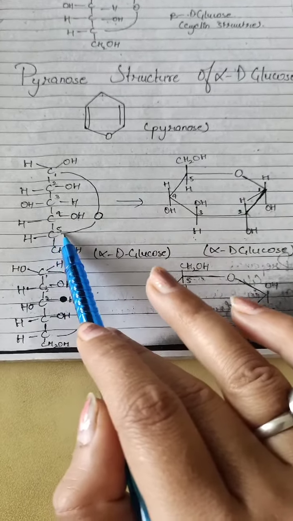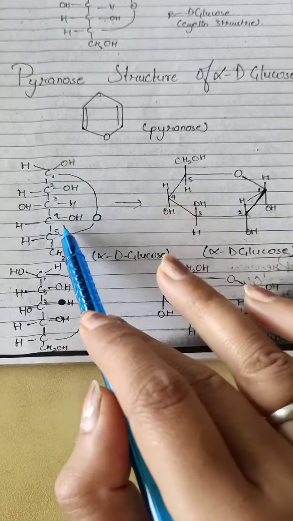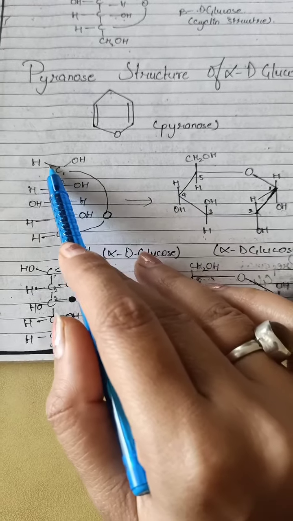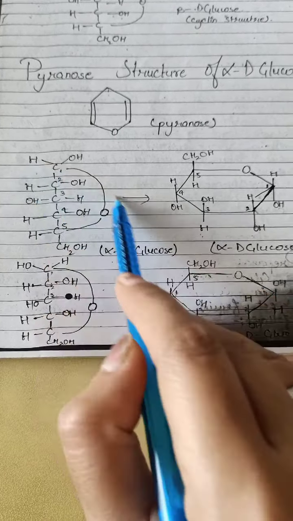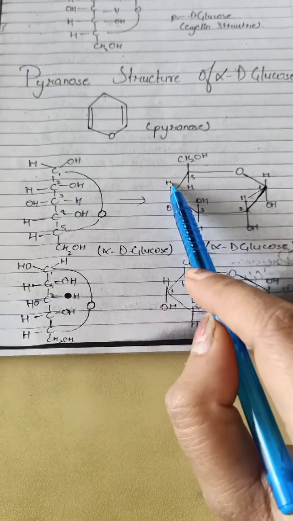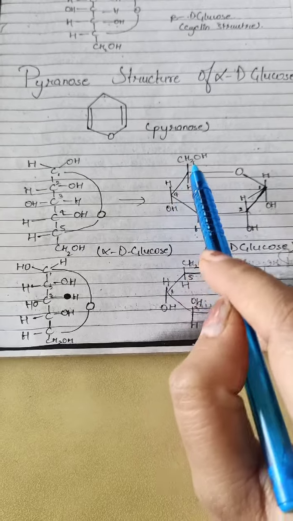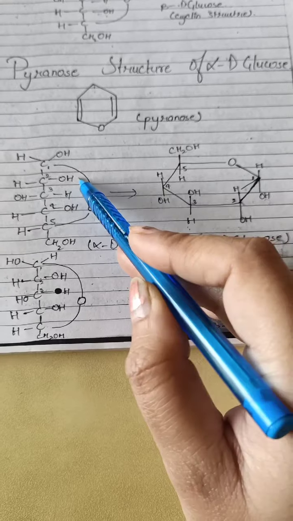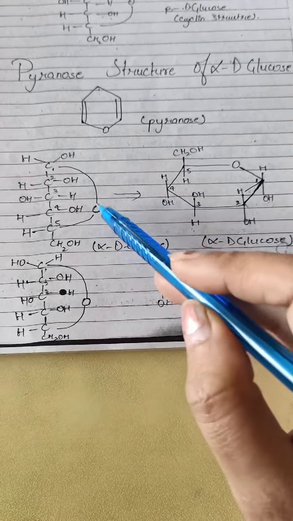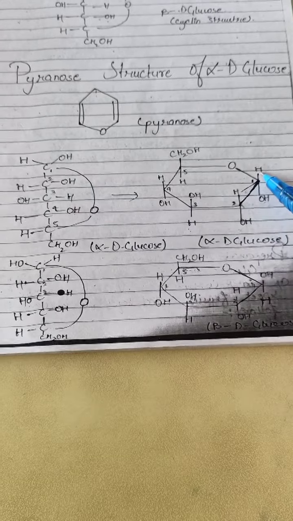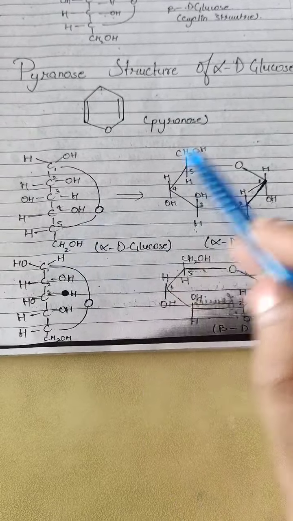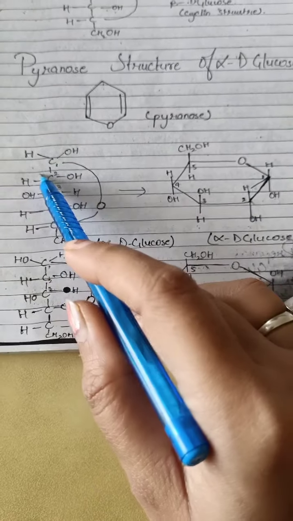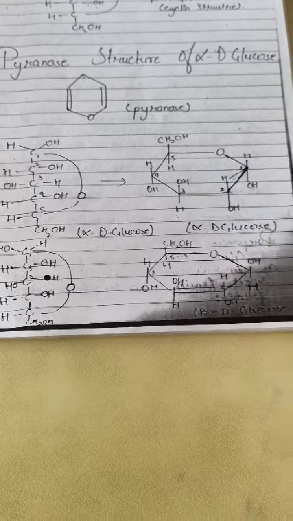Now this one is alone, C. When the C and the C are alone, in between we have put O. Now when we have put O, what will we take from here? We will take H from here, so it will form OH here. Let's see this one. So HOH will come on this side. Next is CH2OH. If we see HOH, the second one HOH we have taken, the third one we have taken, the fourth one we have taken, and the fifth one we are using like this. Okay, the fifth one, C as C O and C, this one we are putting O here on this side.